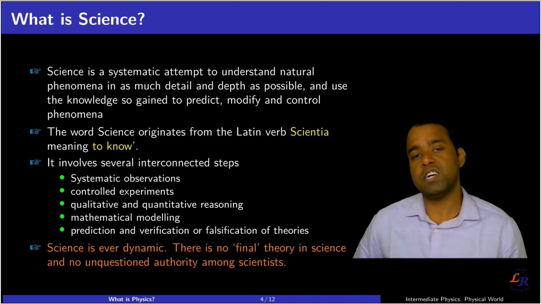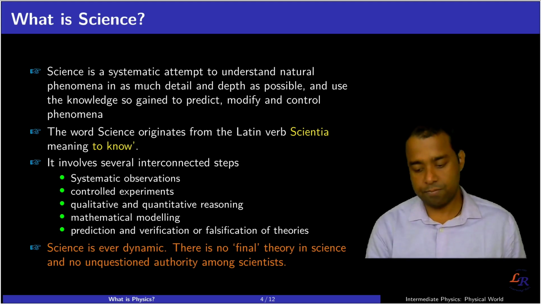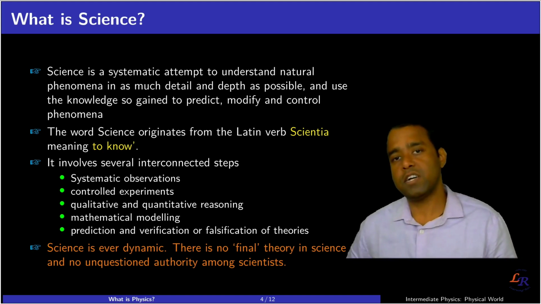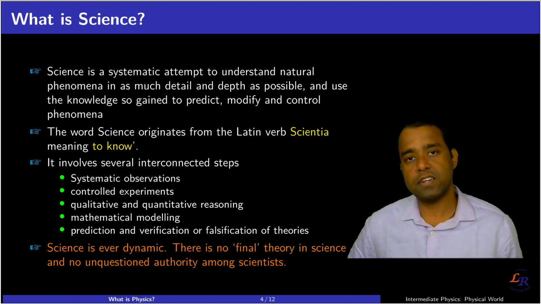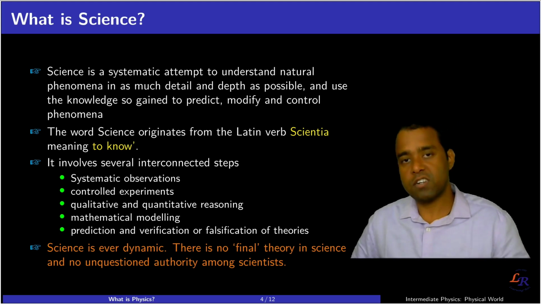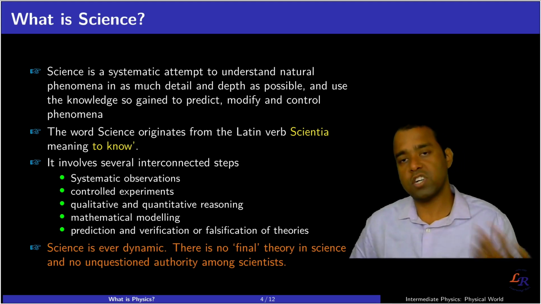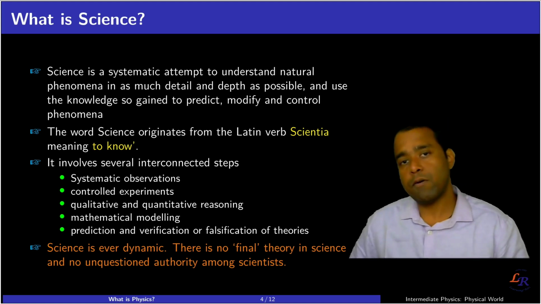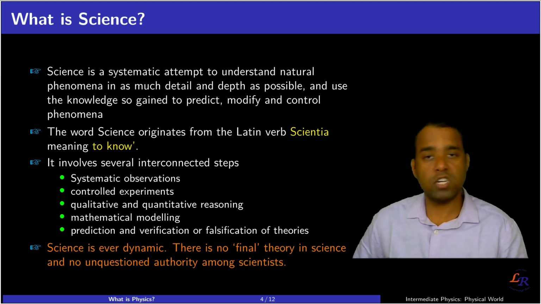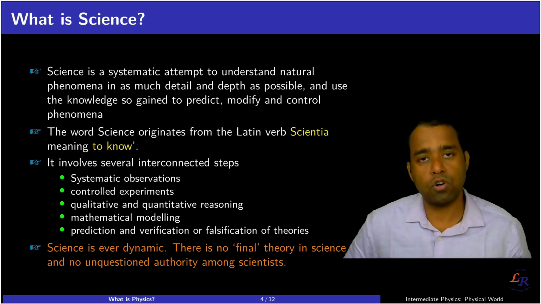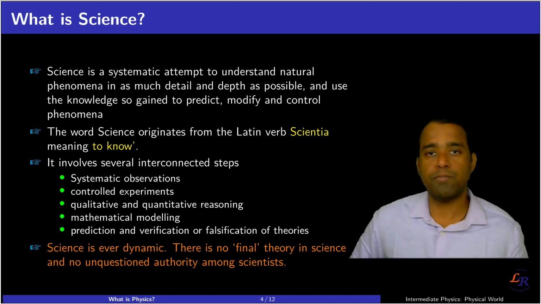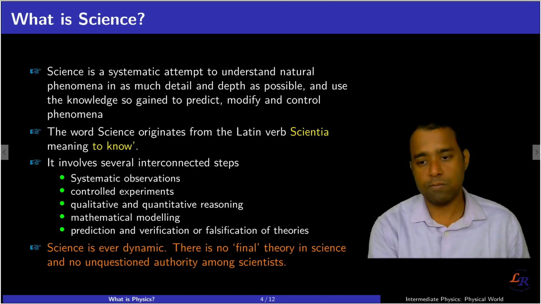All right. So as I mentioned, science is ever dynamic. There is no final theory in it. There is always a chance that it can be updated if someone is observing a new phenomenon, and then they find that the existing theory or principle is not able to justify or explain it. Then you have to come up with something new, some new theories or explanations which are able to explain the new observation as well as all the previous observations. Then your phenomenon, your concept, your theory becomes well validated, and we may have to discard the previous one which is not able to explain that.